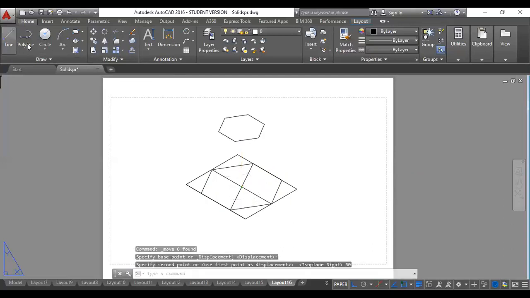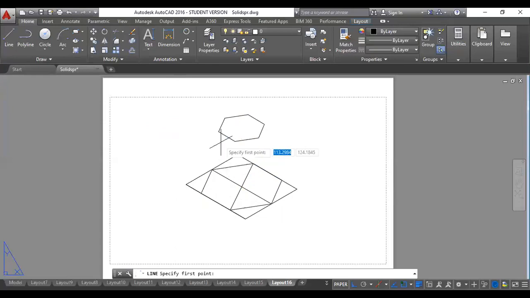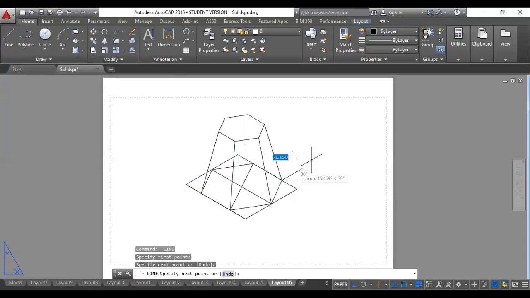That's it. You can see that it has moved to a height of 60. Then you join all the corners to the base. Look here, you can join it to the corners of the base. That's it. That becomes the first term of a hexagonal pyramid.